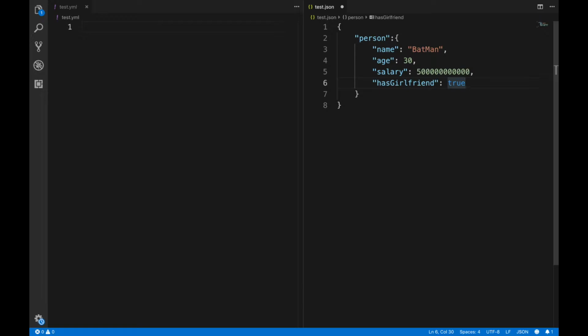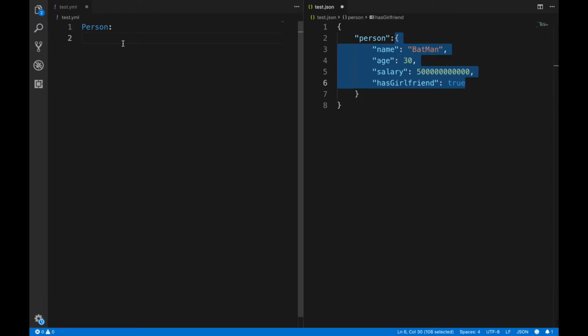Now as you can see here, there is an object which has the person object and which has the properties. So how will we write this in the test YML file? It will be like this. First we will write a parent name, which should be person. We will write a colon here and press enter. After pressing enter, you just have to press tab and it will take some spaces. You have to maintain these spaces because this is the parent thing and this is the child thing. So writing the child under the parent should have some spaces.